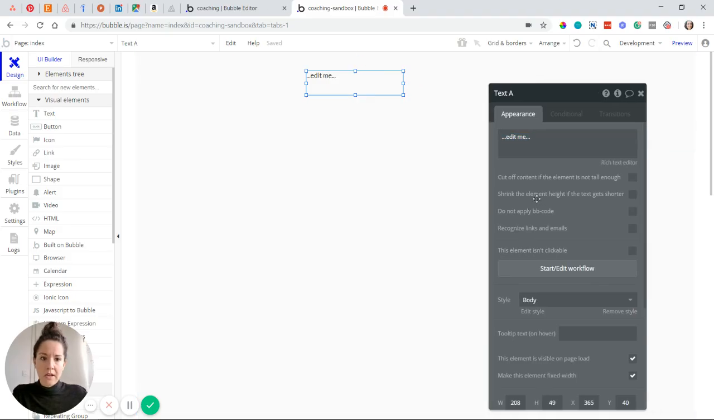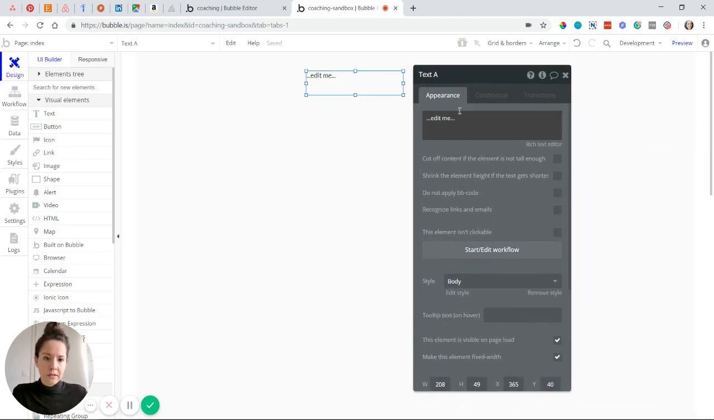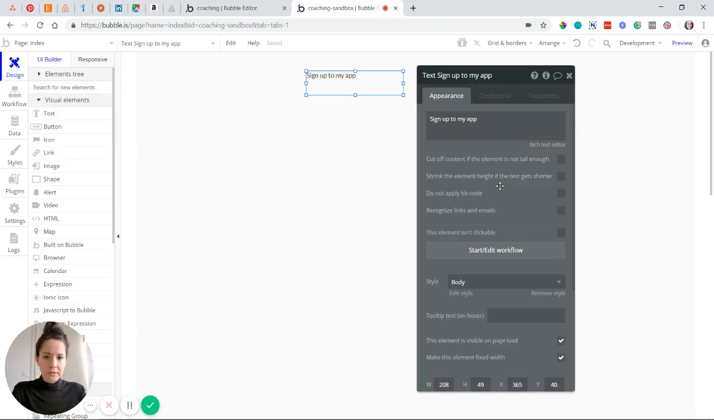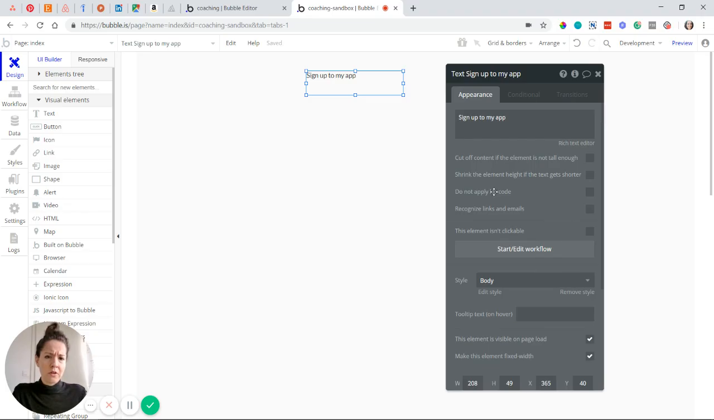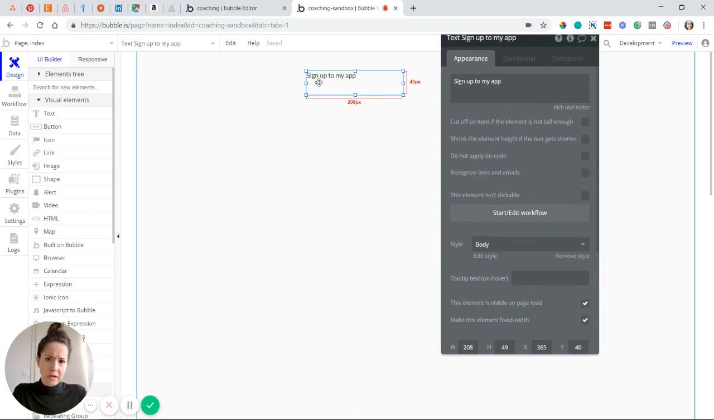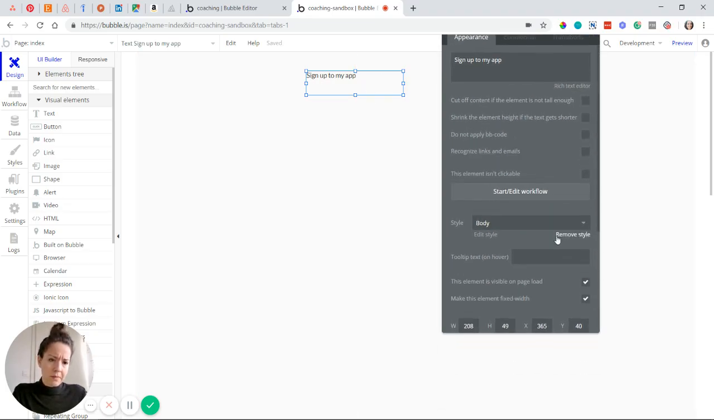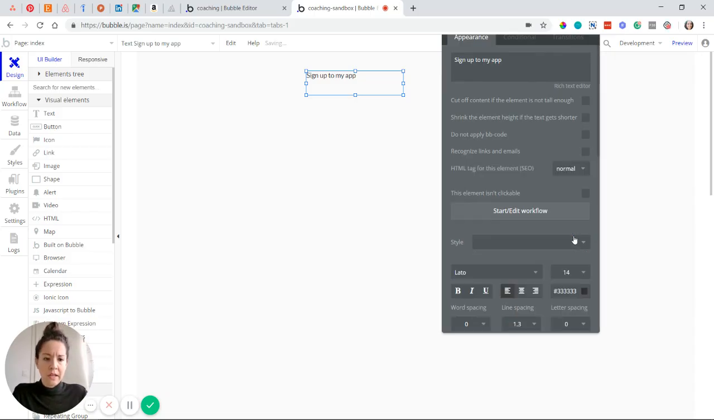When I double click on it, it pulls up this really great little tool here, which is the property editor. This is where I can customize the way any of my elements look. So for example, with the text element, I can change what the text actually is. So I can say, sign up to my app. Okay. Now this is pretty small, so I want to make it a little bit bigger, center it a little bit. So I'm going to remove this preset style that Bubble has applied to it